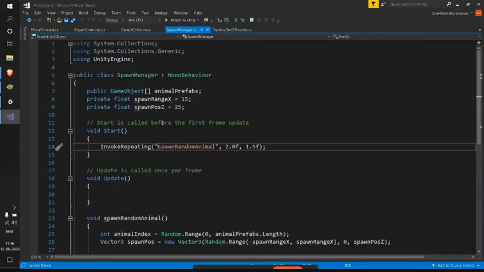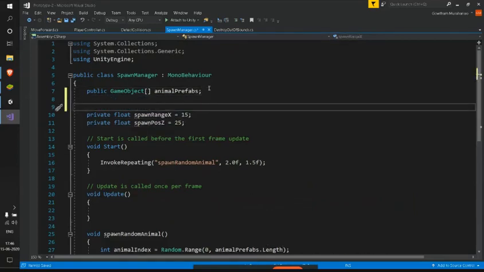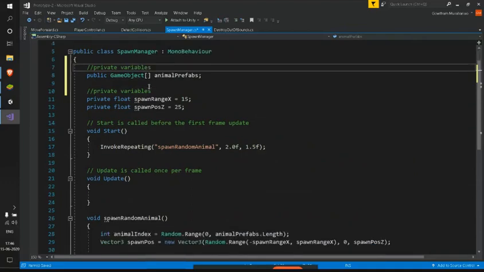Next, let's see this. See here we have our private variables. Let me comment that as private variables. And here this array, we have no choice but use this as public, because we use it to initialize the game objects.